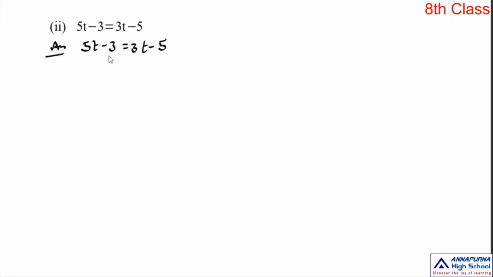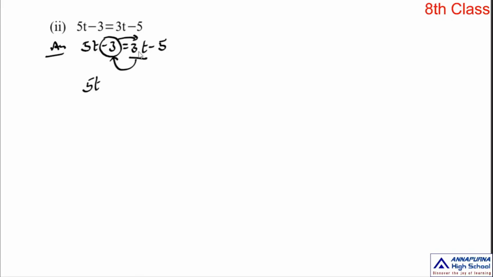On the left side we have a constant term, and on the right side we also have a constant term. So transpose this variable term to the left side and transpose this constant term to the right side. Okay, so from the left side, when you transpose this constant term to the right side, here we have only 5t, and you are transposing this variable term to the left side.